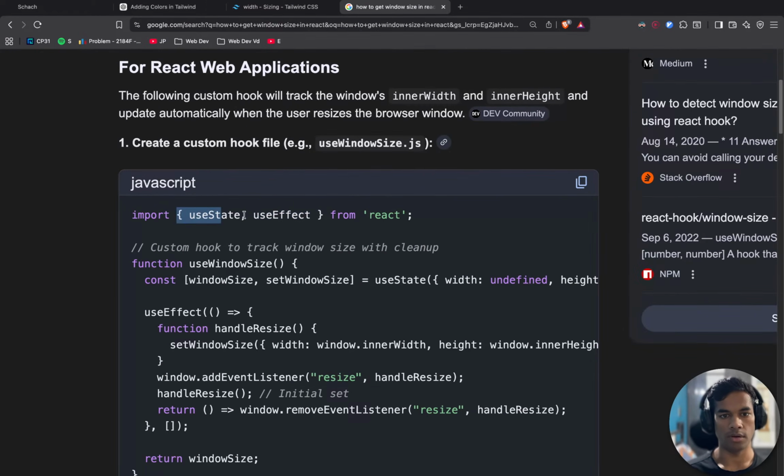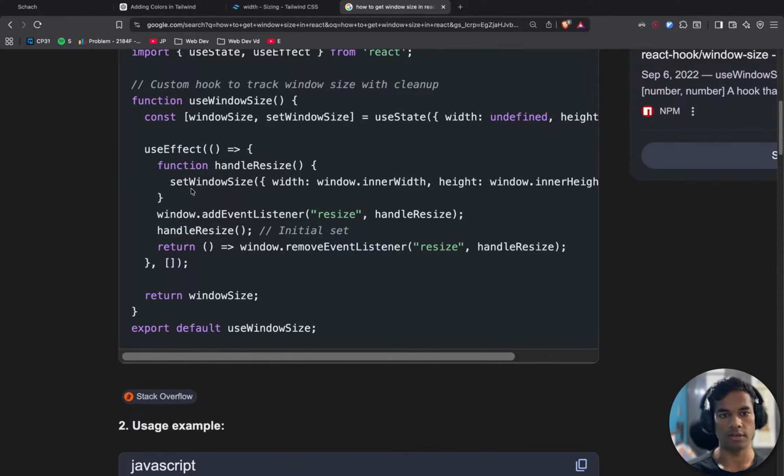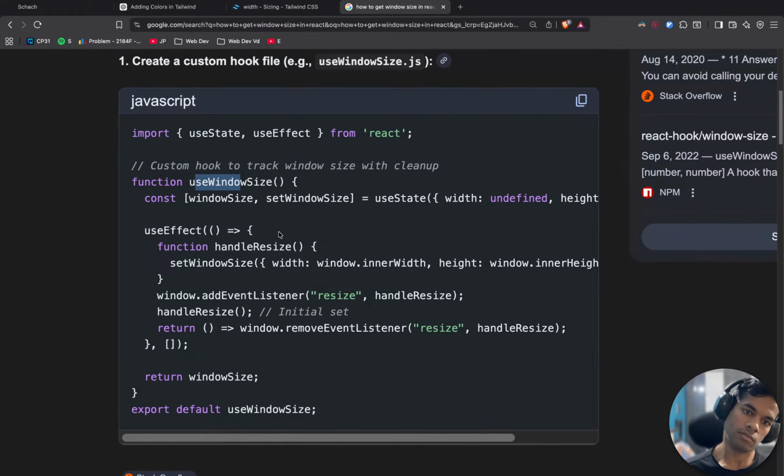Use window function, use window, use state, window, use effect, handle resize. When the size of the window changes, window size, return window. We can make a custom hook. Okay, and what function are we calling? Set window size. This thing has a width and a height. Handle resize is the function.